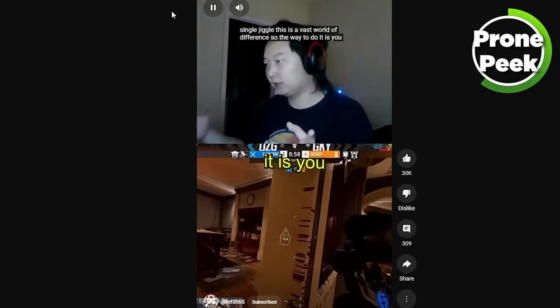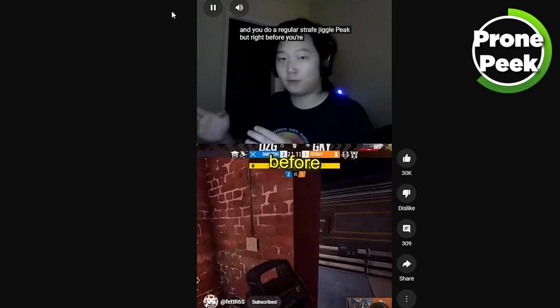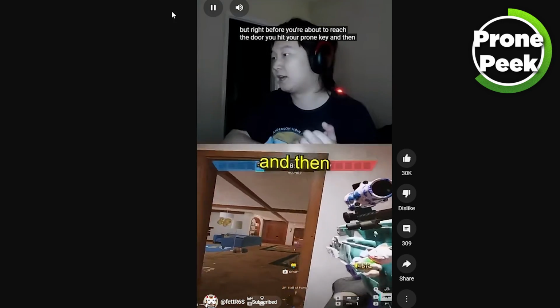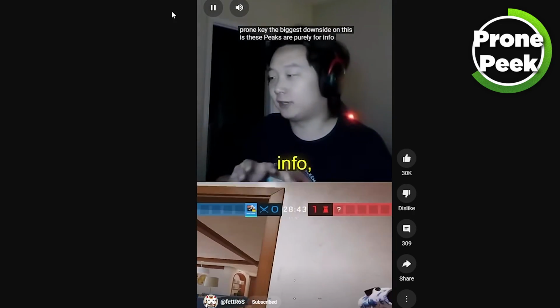So the way to do it is you lean the way you want to jiggle peek, and you do a regular strafe jiggle peek. But right before you're about to reach the door, you hit your prone key, and then as you're unpeeking, you hit your unprone key. The biggest downside on this is these peeks are purely for info, but still very...